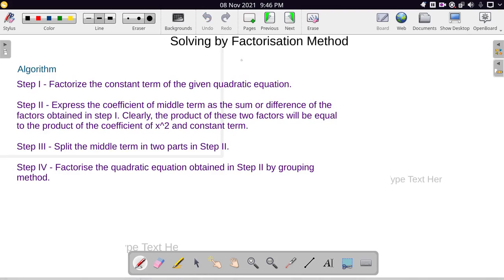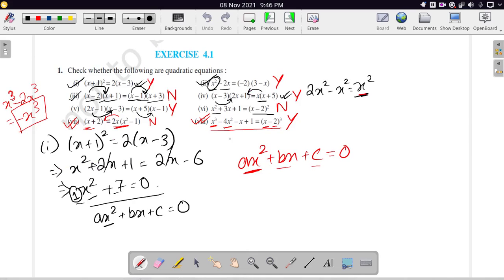Now let us move on to the next one. Suppose this is the general form, right? These are quadratic equations. Suppose we are asked to find the value of x in question number 1. We need to find the roots of this equation. For an equation with x square, there will be 2 roots. Suppose x is equal to a and b. If we put the value of a in this equation, it will give us 0. If we put the value of x as b in this equation, it will also give us 0. So basically, a quadratic equation has 2 roots, which means that it will cut the x-axis at 2